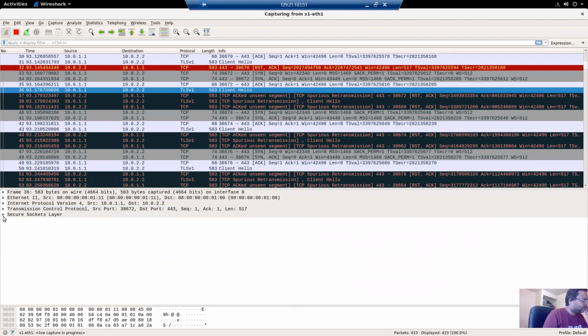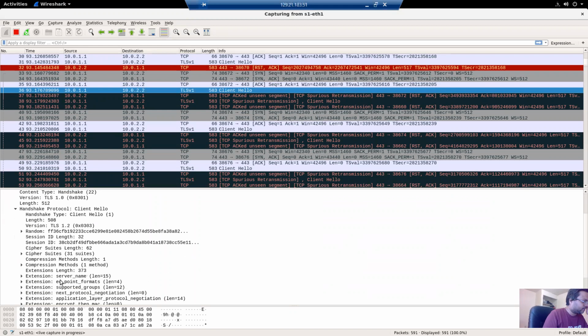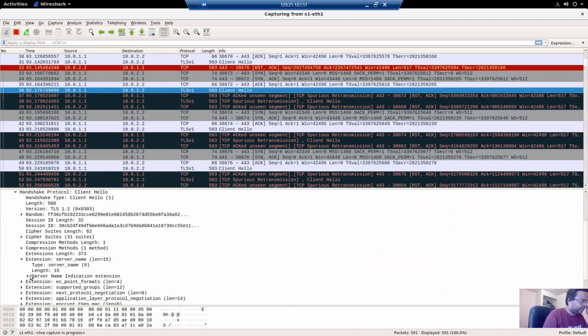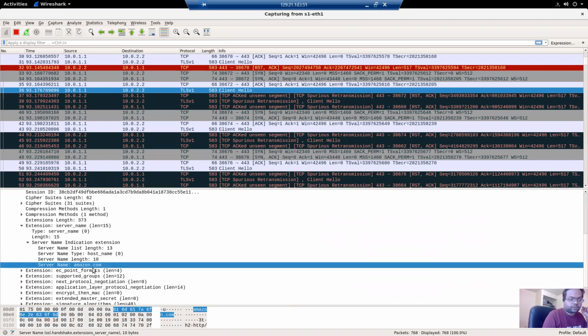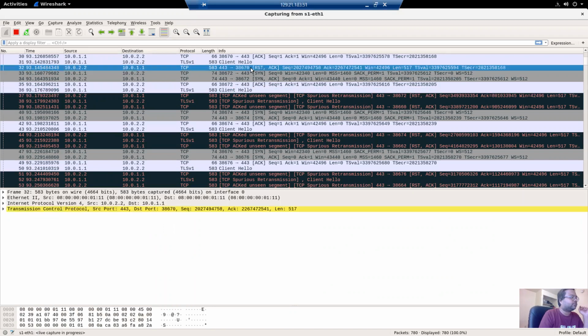Let me show you. In the TLS client hello, there is a field called the SNI field, server name indication, that contains our domain name, for example, Amazon.com. The moment my data plane program detects this pattern, it immediately converts that packet to an RST packet.